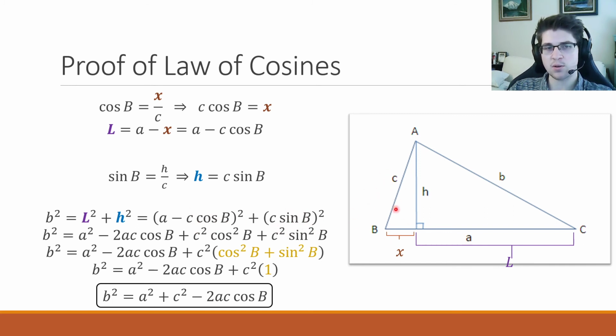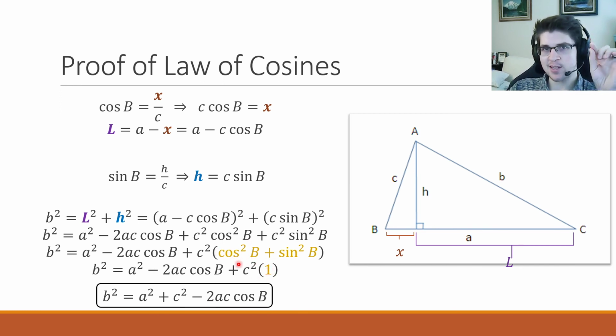Because we use SOHCAHTOA on this triangle twice, we have that repeated term where we have c squared times sine squared and cosine squared. So if we were to factor out the common factor of c squared as I did here, what that would leave us with is cosine squared plus sine squared. And if you recall from a few weeks ago, this is what we refer to as the Pythagorean identity. Anytime we have a cosine squared plus a sine squared, that is always equal to 1 because of the unit